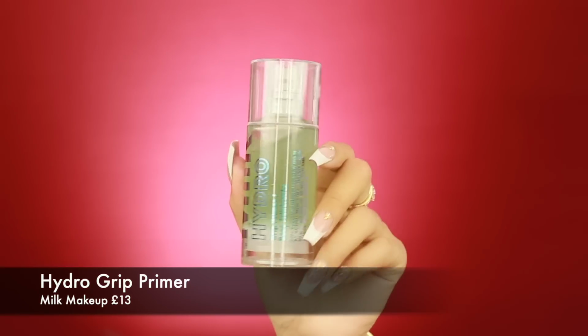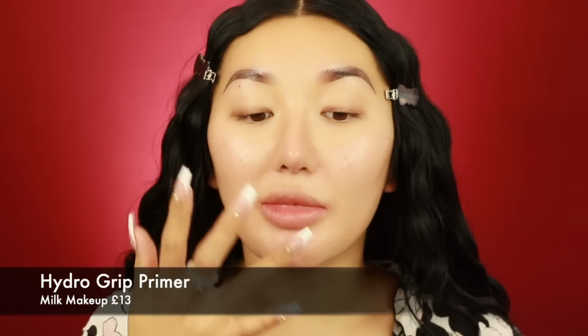I haven't used this primer in ages because it was tucked back away in my makeup stash, but I literally just grabbed it out and I was like, oh my god, I literally love this product so much. This is the Milk Hydro Grip Primer. I'm just going to dot it all over my skin. It's best for someone with normal to drier skin because it's a little bit hydrating. It doesn't really help with oiliness, but it does really make your foundation stick because your skin goes really tacky after a while. It actually really reminds me of this primer here from Sisley,